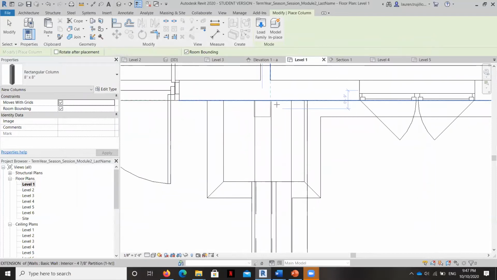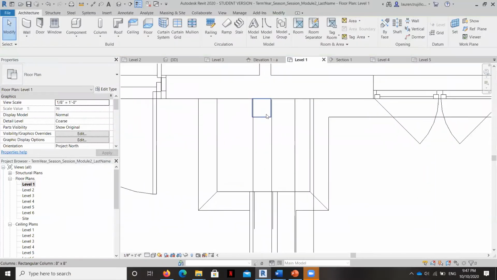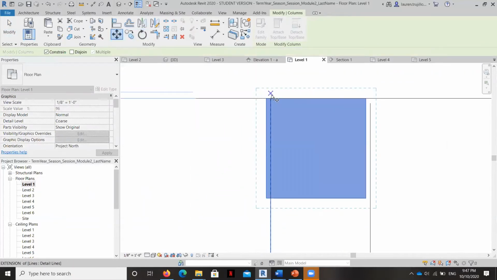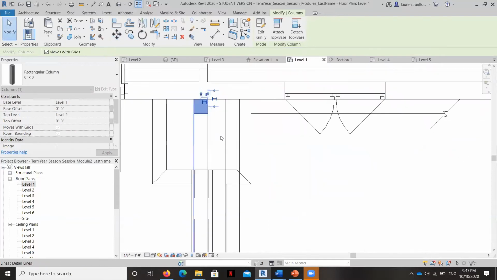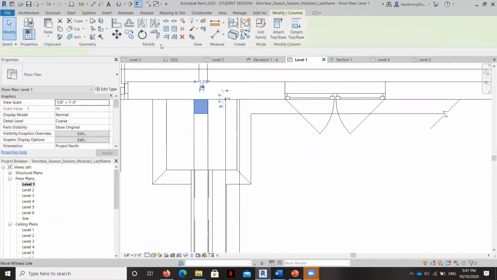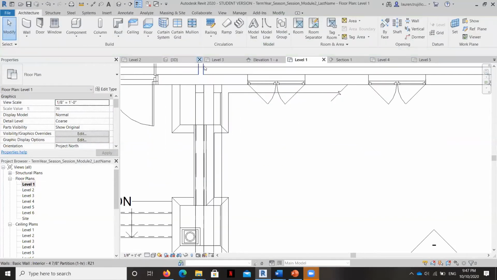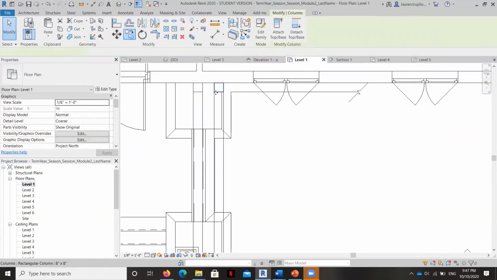All right, so we'll place one here, and I'm going to move it. And I'm going to copy it again here. Okay. And then we'll mirror these.